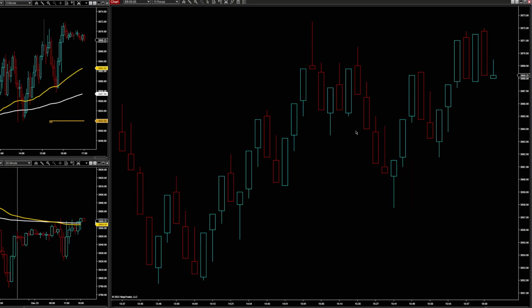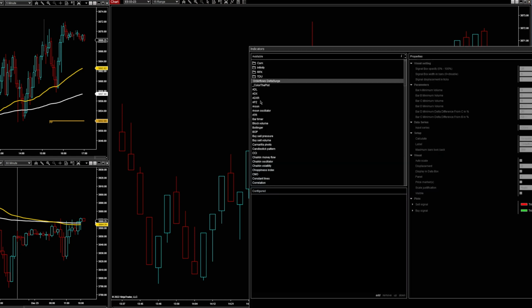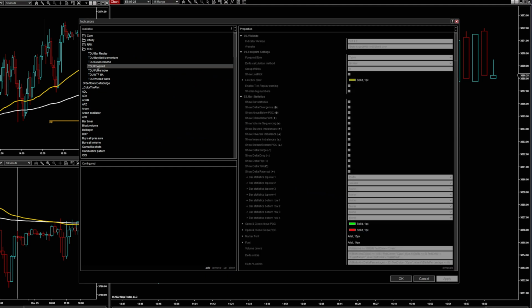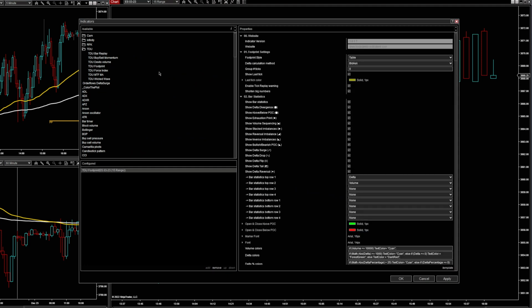Now this is our entry chart, the 15 range. So let's go ahead and add in the indicators. So obviously first you need to add in the footprint. And there's a few things that I change. Like I said, I like to block out the noise and only focus on the important information. So what we're going to do is turn off the above below POC. We're going to turn off stacked imbalances, reverse imbalances, and pretty much everything here. The only things we're going to keep are the bar statistics, delta divergence, exhaustion print, volume sequencing, and delta surge